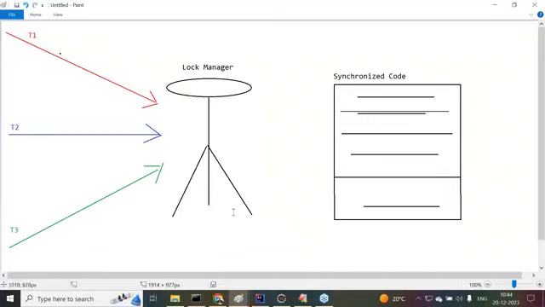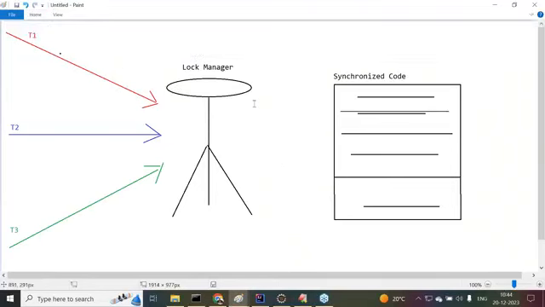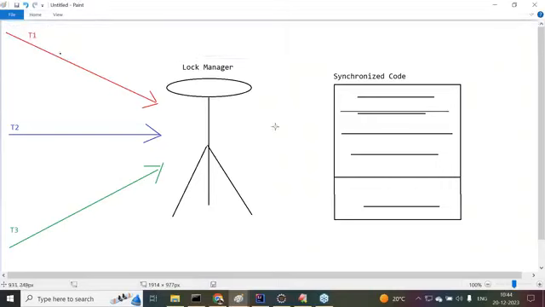Understand it clearly. When three threads come to this lock manager, what is going to happen? Observe carefully. First of all, the lock manager will follow some algorithm internally. It will give priority to one thread first, and then immediately assign the lock to one thread out of these multiple threads.